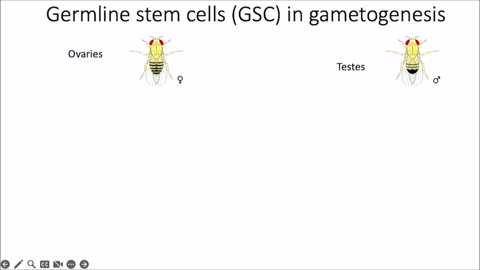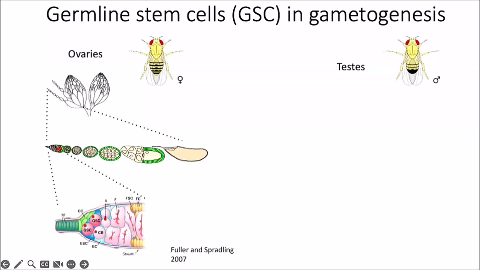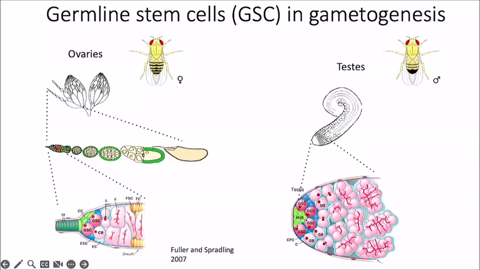Well, let's look for a minute at what these genes are. So again, the germline stem cells can be found in females, in the ovaries, in the tip of the germarium here. Essentially, these are GSCs, or germline stem cells here, and also in the tip of the testes here. And these can either